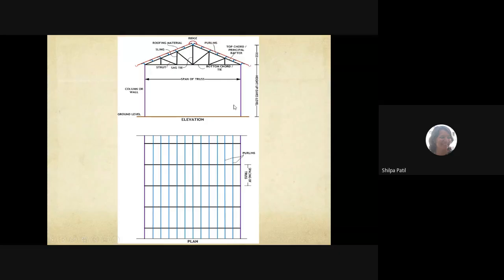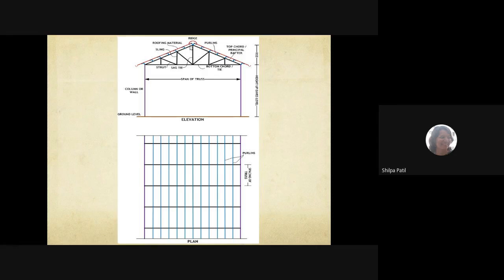See, this is one cross-sectional view. This is the elevation of the industrial shed. These vertical lines are actually columns or walls. On these columns or walls, the entire truss is resting. The black color is a truss. Above this truss, the L-shaped blue color members you can see. These are nothing but your purlins. All these are the purlins, and above this the red color lines are drawn. These are actually your roofing sheets.